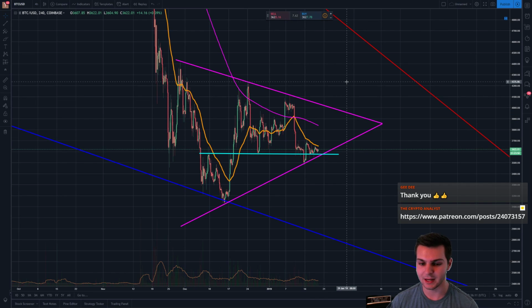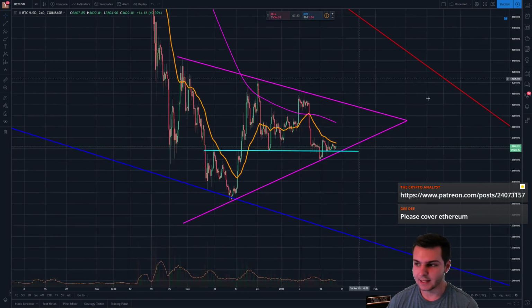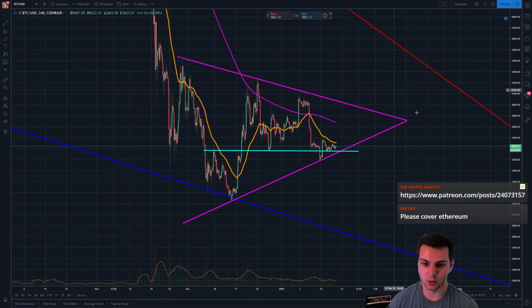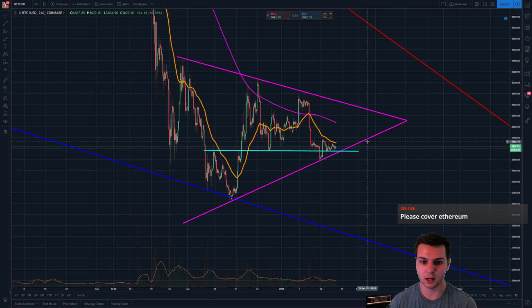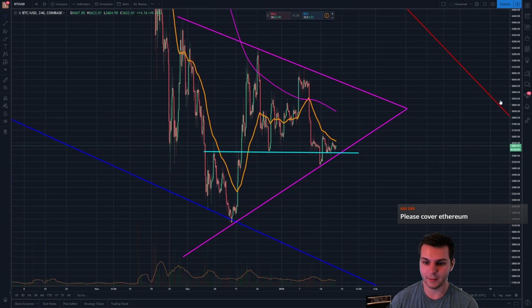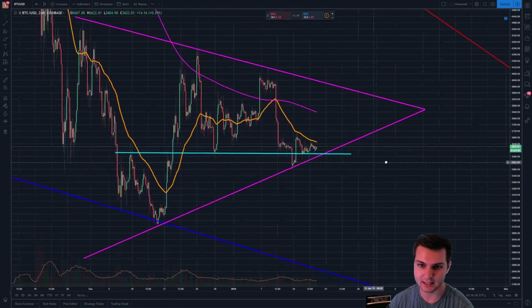Anyway, we're basically going to be covering a portion of what was covered in the Patreon. So again, guys, this giant pennant that we're seeing over here on Bitcoin is what we're going to be talking about again. Resistance is looking great. Support's looking great, not as good as resistance, but they're both looking good. I want to talk about this neon blue line that I highlighted in here, because this is something that is,